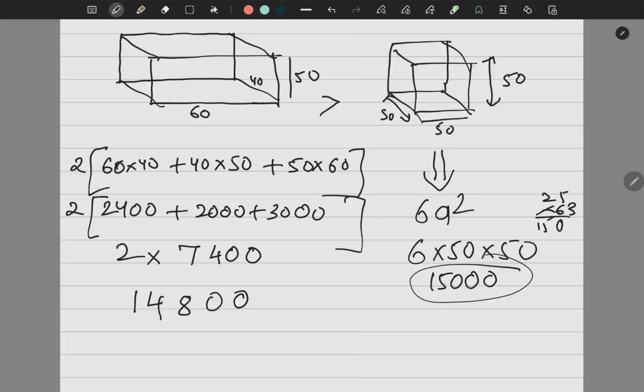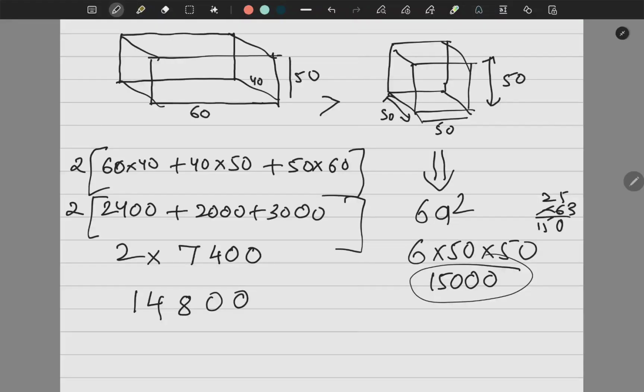Right? So this is how I have to do the questions. Even if I change the dimensions or the orientation of the cube, students get confused, but you don't have to get confused. But yes, the cost of painting will change. See, total surface area will remain the same, but the cost of painting will change because the area of the base will become small. Suppose this is a room. If I make it a vertical room, then the area will be reduced for painting. So price, money will be reduced. Okay. So that way you have to work.